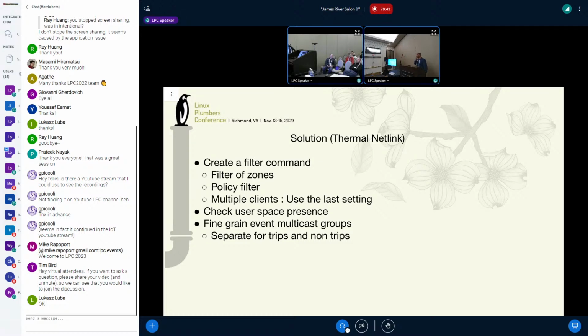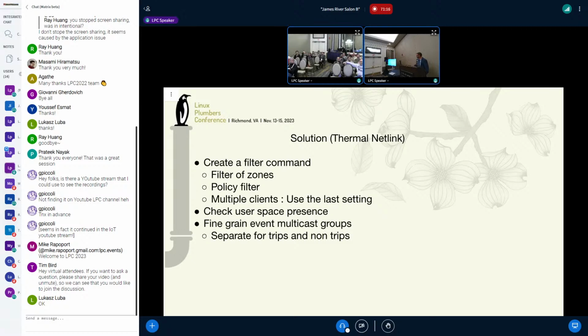Hey, I don't know enough about Netlink, but is this something that you can filter, like you would filter out network packets? Couldn't you use BPF to filter, like a firewall kind of thing? Yeah, it's a similar concept. Yeah, there's a filter. I think Netlink netfilter exists, and many users inside the kernel. So should we add that? Yeah, okay, that's my suggestion. How you add it is a different thing. You add a command or something else.